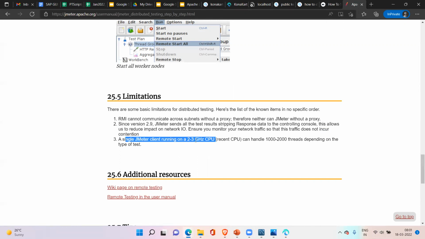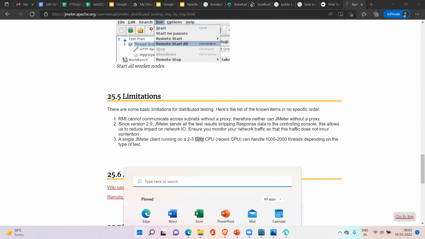Gigahertz is the clock speed of your processor. Now how to check that? Open your Task Manager.